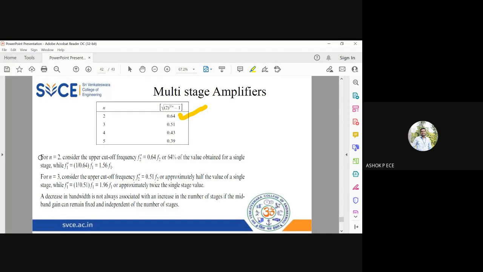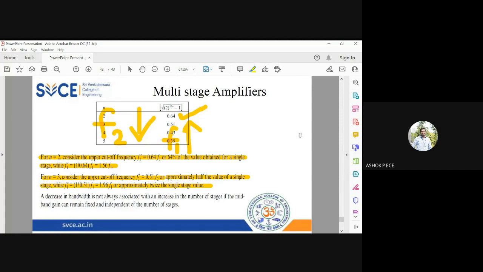So when you put n equal to 2, you can see the upper cutoff frequency is lower than the original frequency by 64%, and the lower cutoff frequency is increased by 1.56. So the graph becomes narrow. When you put n equal to 3, the upper cutoff frequency is reduced by 0.51 or 51%, and the lower cutoff frequency is almost 2 times the single stage value. So you can see as the value of n is increasing, the upper cutoff frequency F2 starts reducing and the lower cutoff frequency F1 starts increasing. So this will result in the bandwidth